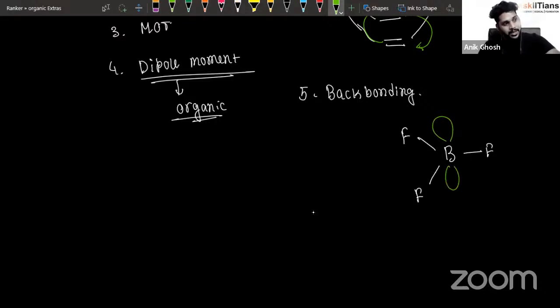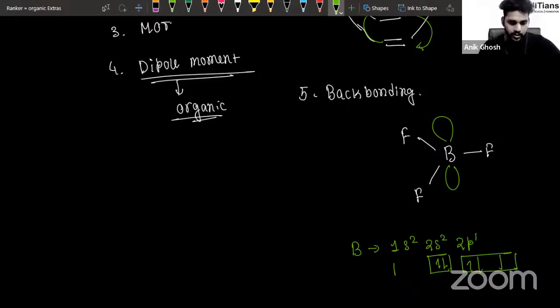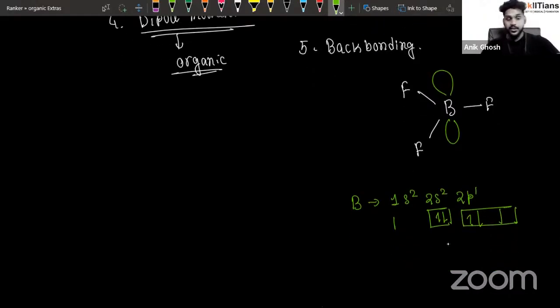Actually, what happens is boron has a vacant p orbital. For boron, the electronic configuration is 1s2, 2s2, 2p1, right? This is the electronic configuration. So as you can see, in 2s2, 2p1, we have 2 electrons in 2s and 1 electron in 2p. Let me just check how the streaming is going on. Yes, everything is fine. So as I was saying, this is 2s2, 2p1. Now over here, if I unpair this,